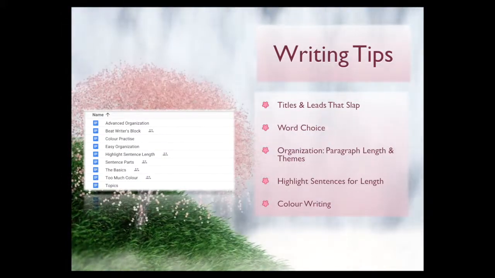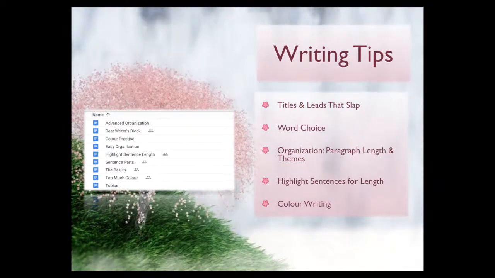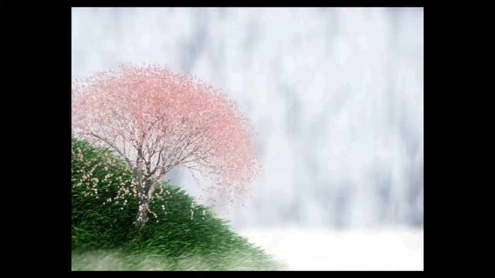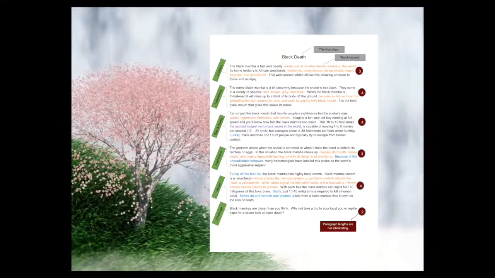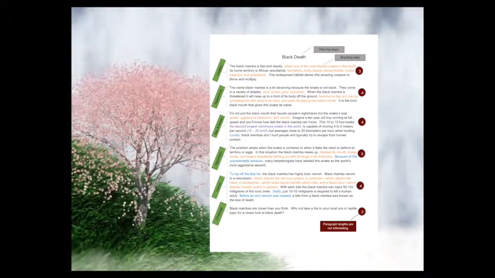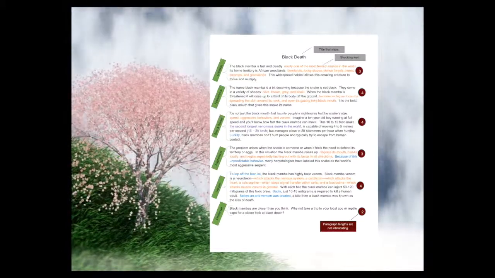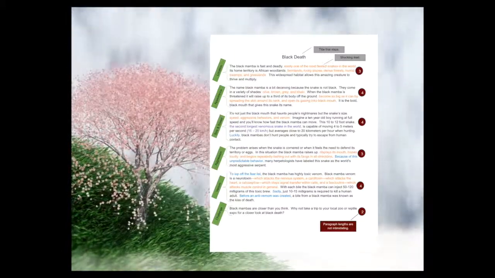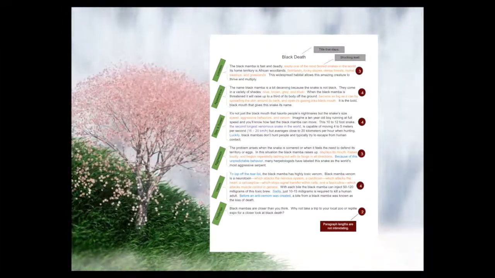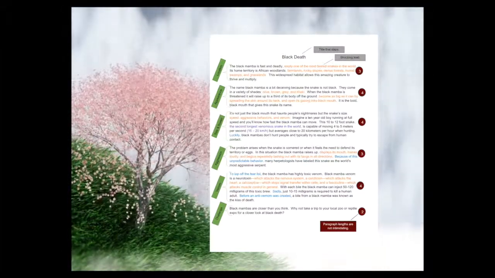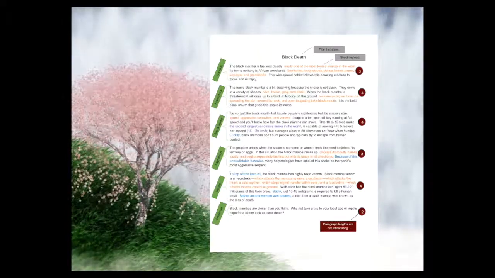At any point during the course, after you've given them some tips, you're going to produce a piece of writing and show them how you've taken those tips and applied it to your piece of writing. So here's a piece of writing I've done, and I give this piece of writing to my students. I go through it with them to show them how I've accomplished those pieces of writing advice that I had given them. So I'm just going to blow this up a little bit so you can see.